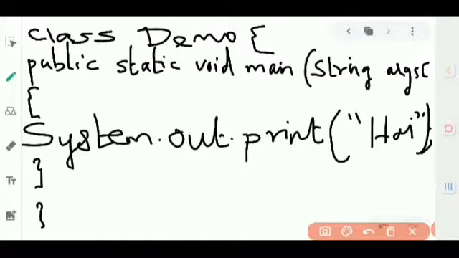Understand? First you have to give import space java.io.asterisk semicolon, followed by class and the class name. The speciality is that whatever the class name is, that should be the file name. Then a parenthesis, then the words public static void main String args, then open a bracket, System.out.println. This is a print statement. Then we close the main method, and here we close the class. Like this we have to finish off. This is how we will type, as every Java program structure will be like this.